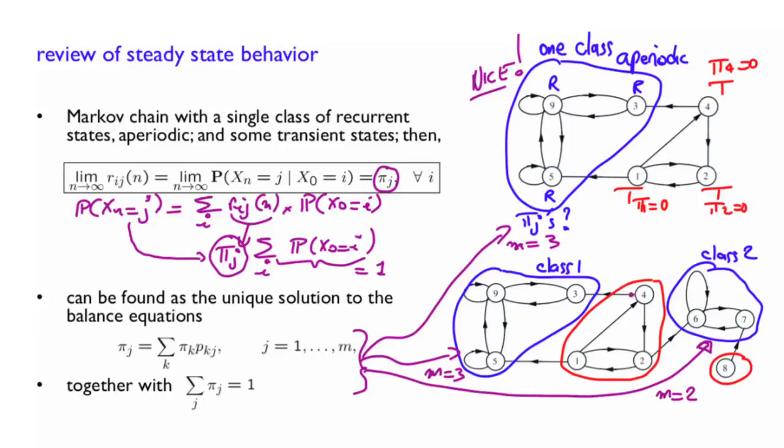So in some sense, conditional on the fact that you left these states and you arrived there, in that conditional world you can isolate yourself and really solve the problem for that class, and the same from that class. Now, of course, this raises the question, if I start from here, how do I know whether I'm going to get here or here? Well, we don't know. It's random. So we will be interested in calculating the probabilities that eventually you end up here versus here. And this is something that we are going to do towards the end of today's lecture.